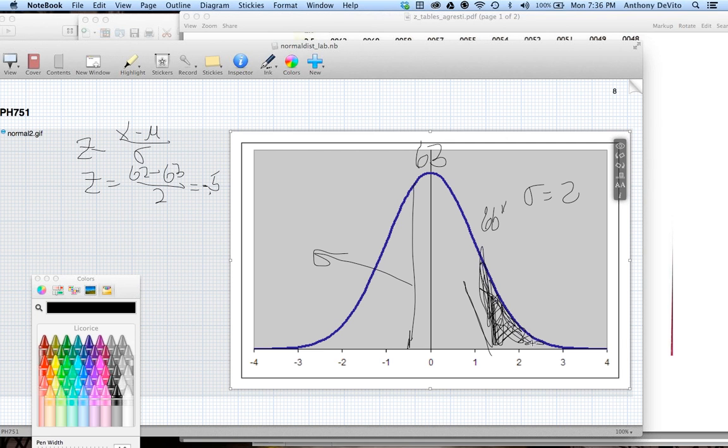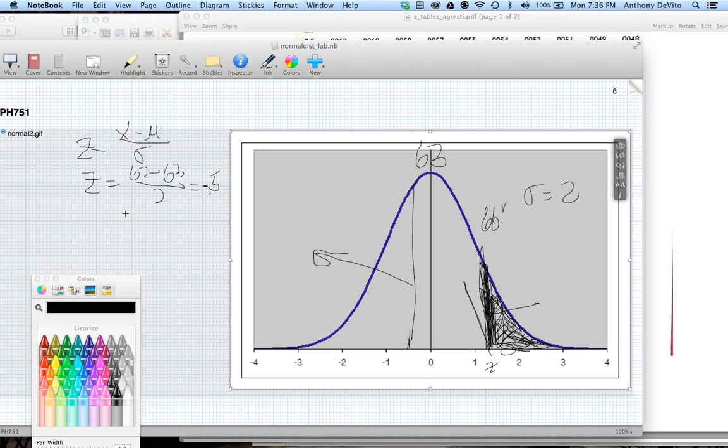In order to calculate this area here, there's a couple of ways I could do this. If I want to use a table, I need to know what the z-score is for that value, right? So what is that value? What is that height, what is the percentage of people above that height? Or the probability of picking a person above that height, that area.